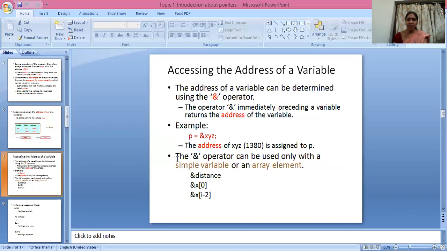The & operator can be used only with a simple variable or an array element. Here are the examples: &distance, the address of distance, &x[0], that means the first element x[0], and next &x[i-2]. These are examples of pointers.